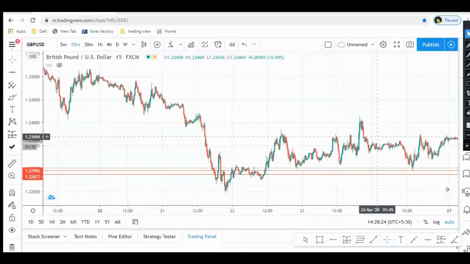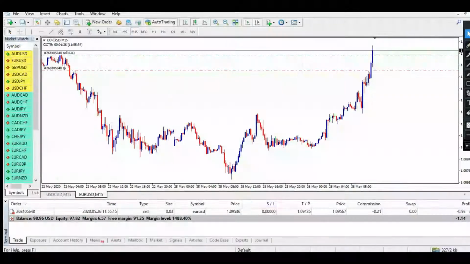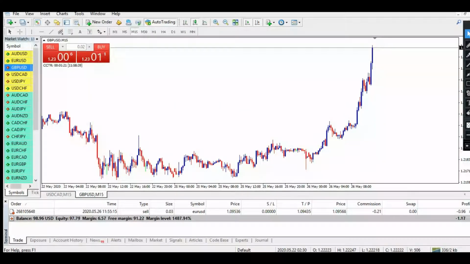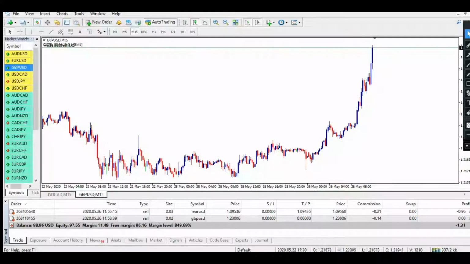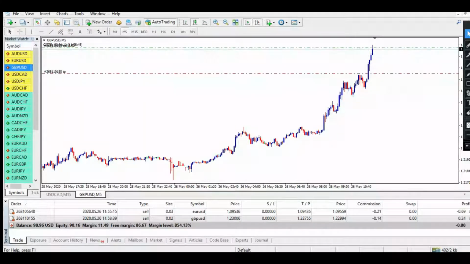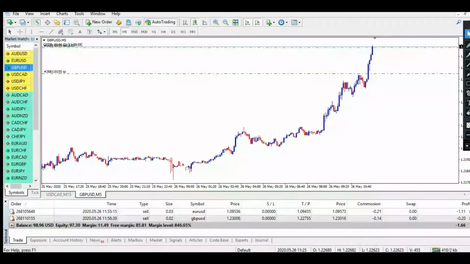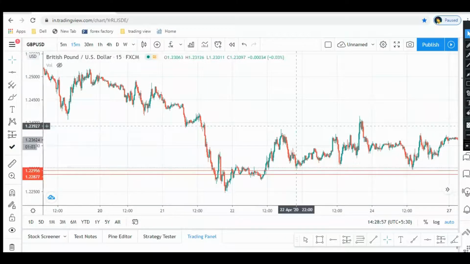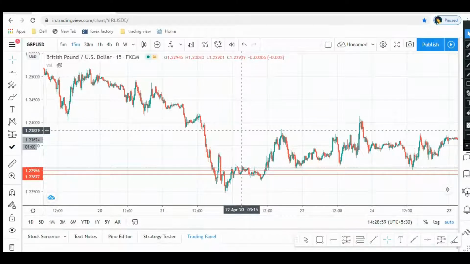So what I will do, I will go to the TradingView chart, find GBP/USD, and simply put a sell order in this. And what will be my take profit as per my 5-minute chart? This particular area is my nearest resistance zone. So right now I have placed two orders in front of you. Let's find out what will happen with these two trades, and let me explain more about support and resistance.